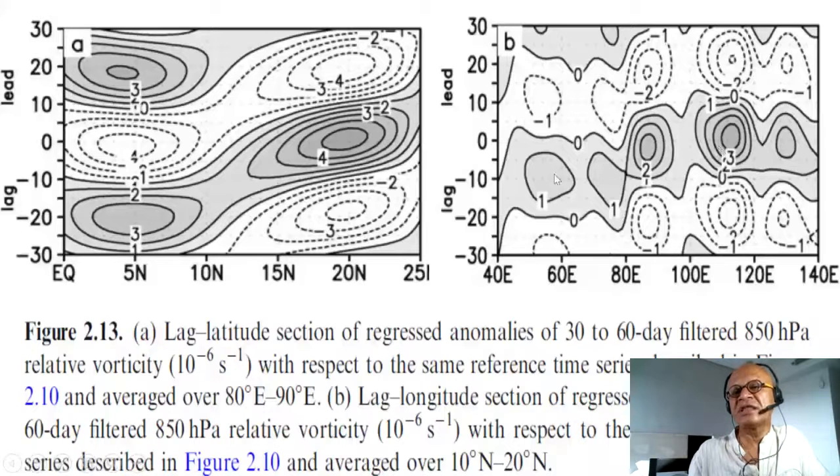And you can see that these are moving northeastward. So this is the north and this is the eastward. In eastward, propagation is much faster, you would say, because they are covering a large longitude band in a few days compared to here. So there is the northward propagation and there is the eastward propagation, but you again see the negative positive kind